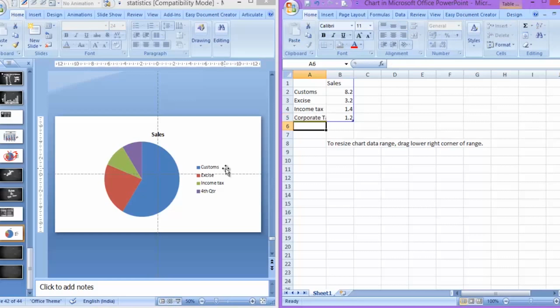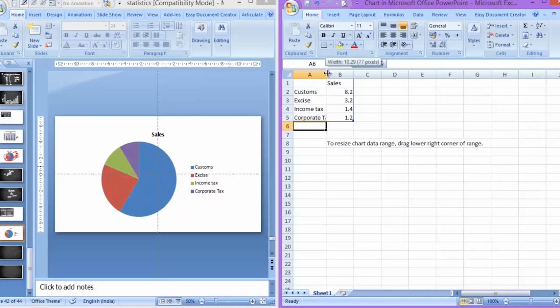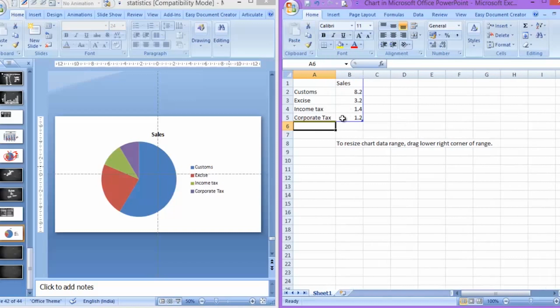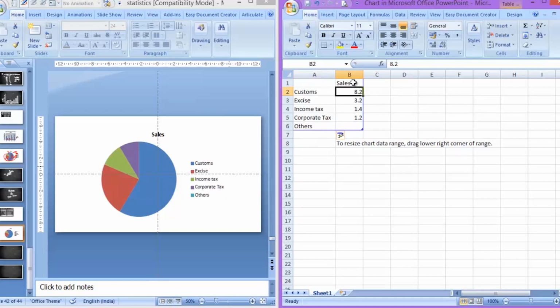See, this Excel by default has only 4 rows, but we can add a fifth one, no issues in that. Say others. And here we'll remove the name sales and give the heading distribution of revenue.